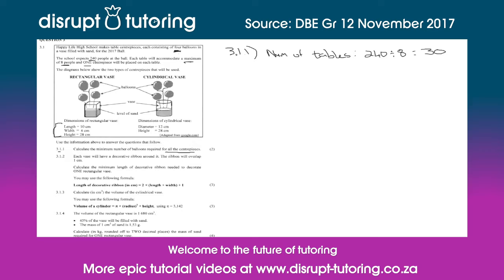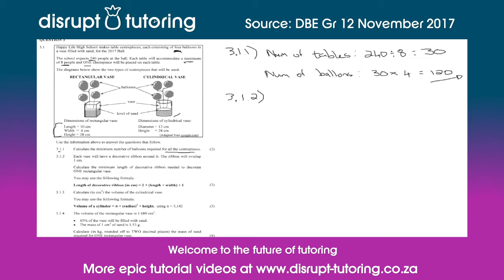30 tables. And as you can see in the diagram, and they've told us, each centerpiece will need 4 balloons. So the number of balloons will be the 30 times the 4 per centerpiece, which gives me 120. So that's the answer for the first question. Okay, then on to